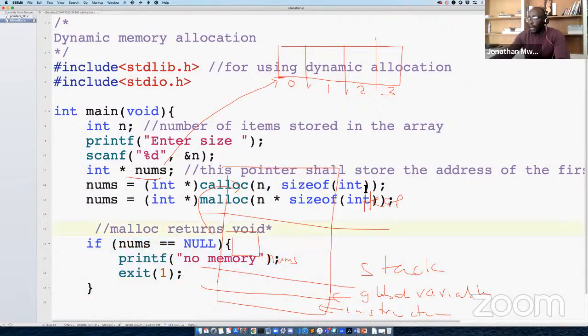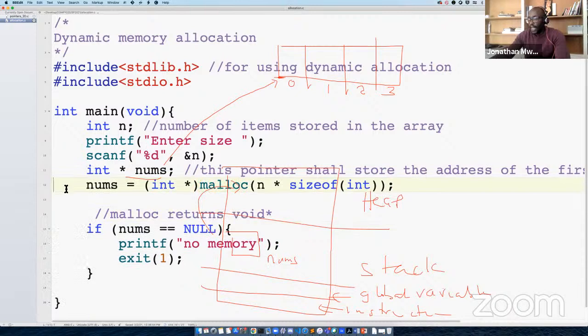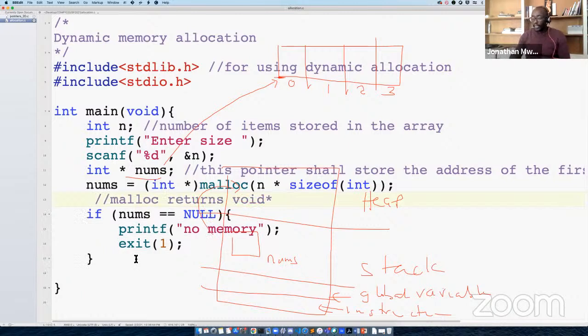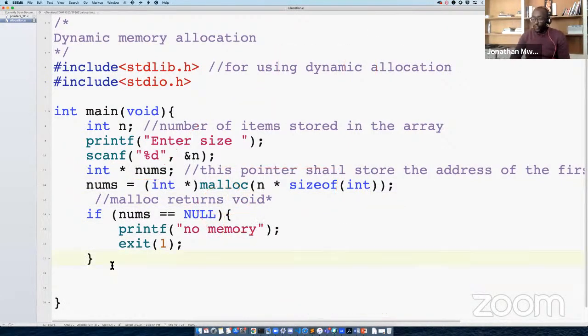Okay, so that's what we are doing here. All right, so I'm going to remove one of these. Let me remove this guy. And so this should be all fine. So we have this. Now the next thing we did, we could put some values into this. So we run a for loop. We get an iterator, int i equal to 0, i less than the number of items, and i plus plus, and then we start putting things into the array.